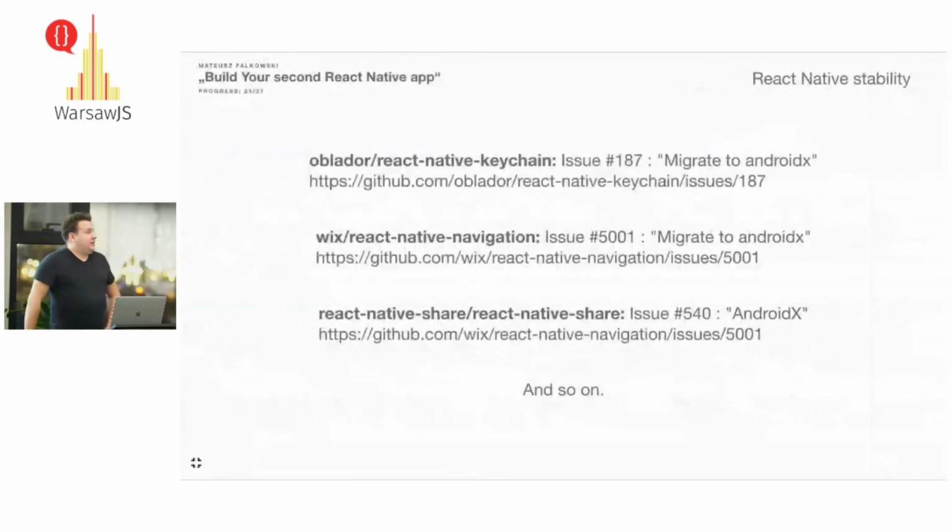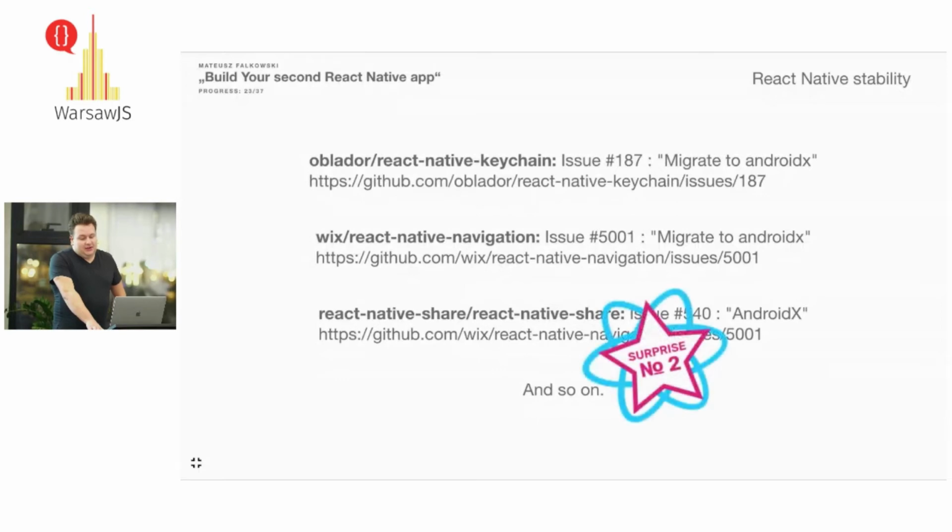And what happened? Of course, a lot of the library authors were required to migrate their libraries to Android X. So if you wanted just to bump your version of React Native, you would have to take care of migrating to Android X. There was, to be honest, the Jetifier which was helping with that, but in the end, a lot of the libraries needed some manual migration.